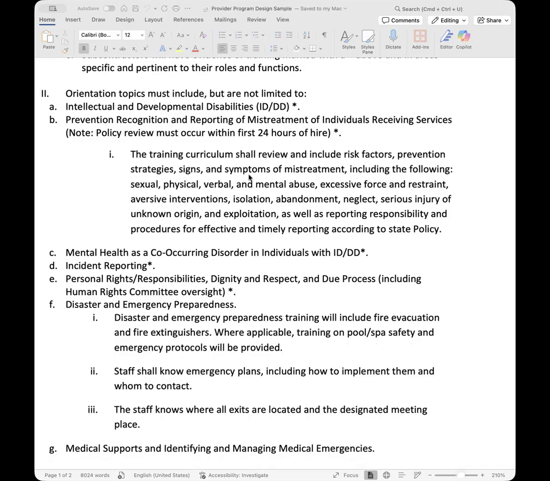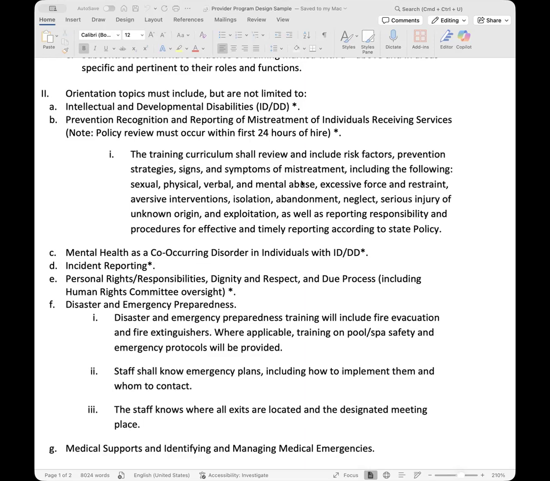Within this curriculum, you have to include any risk factors of abuse, neglect, exploitation, or mistreatment. Any prevention strategies must be included, and any signs that your staff can identify that somebody is experiencing abuse, neglect, and exploitation.